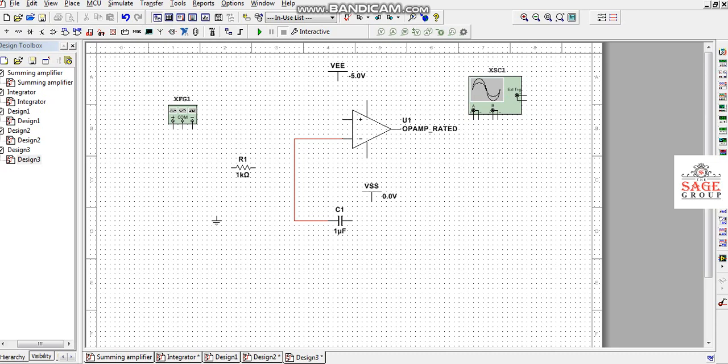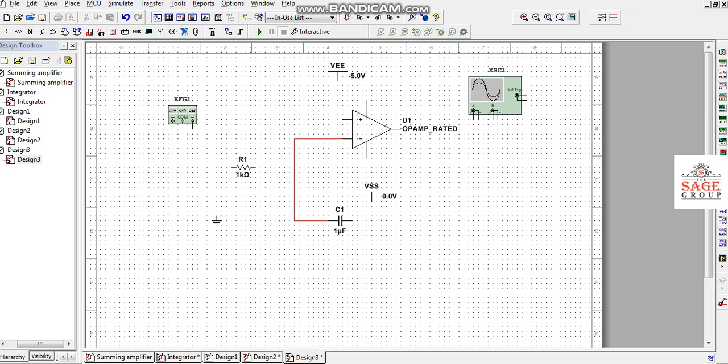At the same time we will connect channel B to our function generator, and for display of the output we will connect the output of this operational amplifier to channel A. This is the inverting operational amplifier integrator circuit.